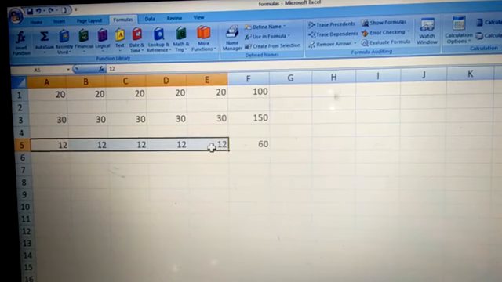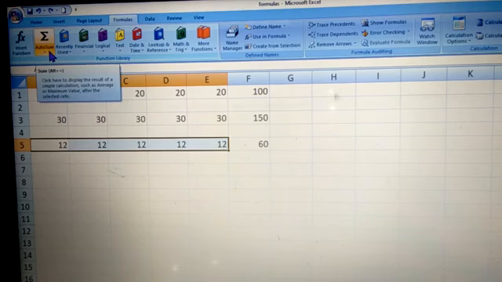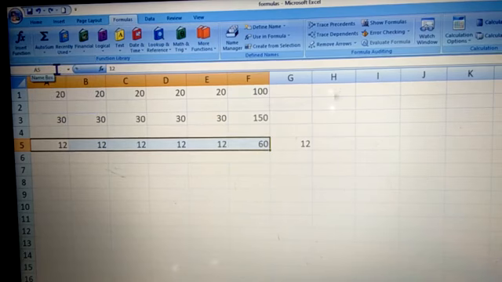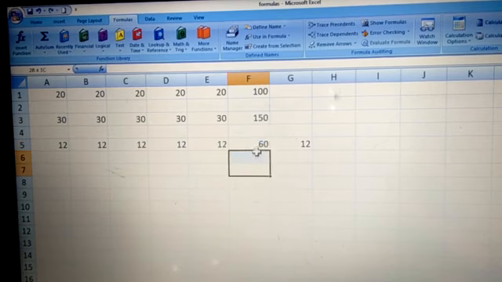Right? Now if I want to find the average of this cell range, then what I will do, I will again go to the formulas tab and from here, see, average. So 60 will be divided by 5, right? Again 12. So the average will be like this. And when you click on the answer, children, see here, what do you see in the formula bar?